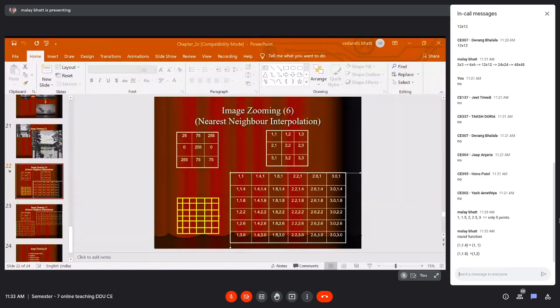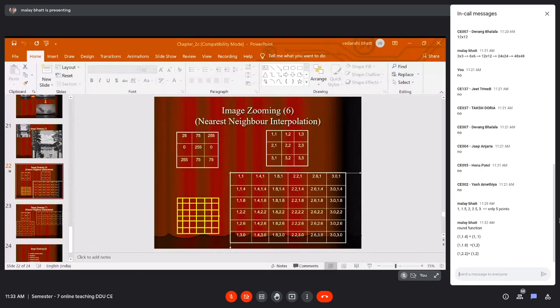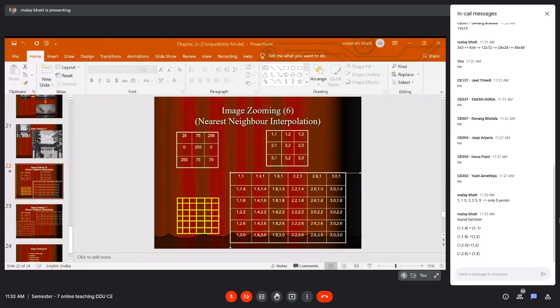Similarly, we have point 1 comma 2.2. This will round to 1 comma 2. And 1 comma 2.8 will round to 1 comma 3.